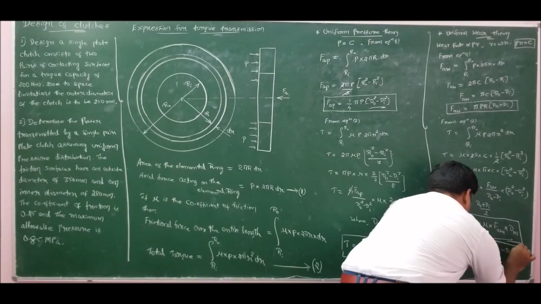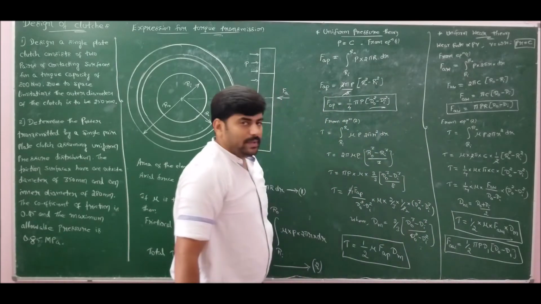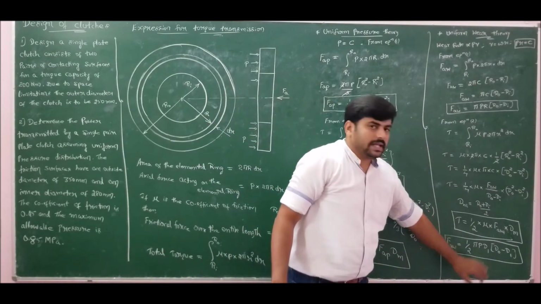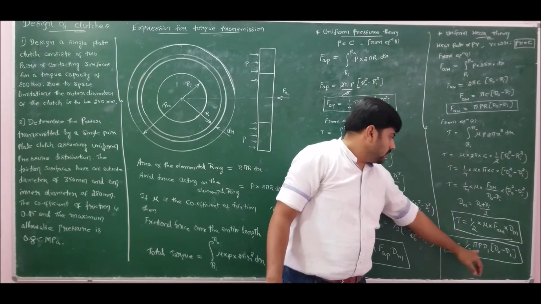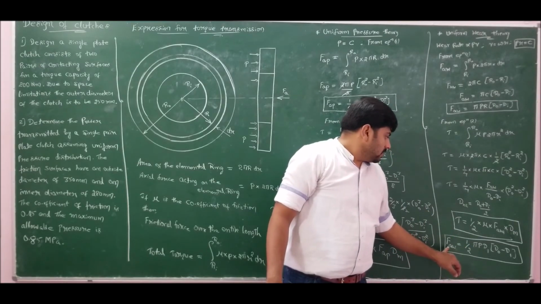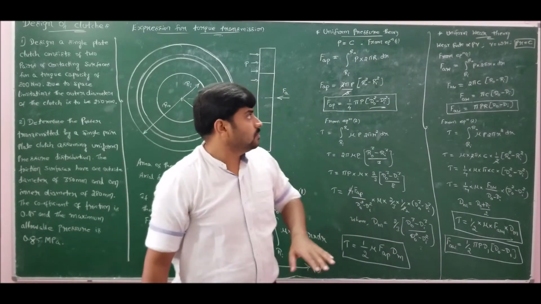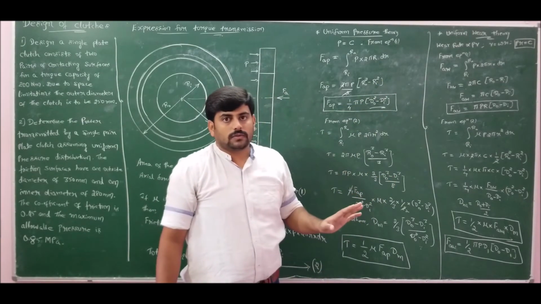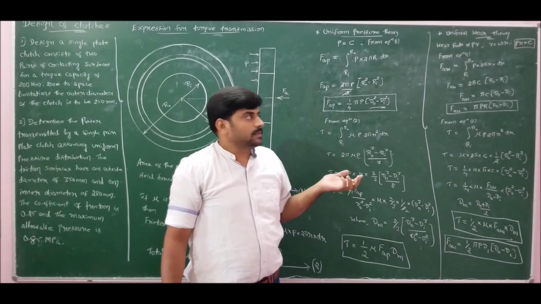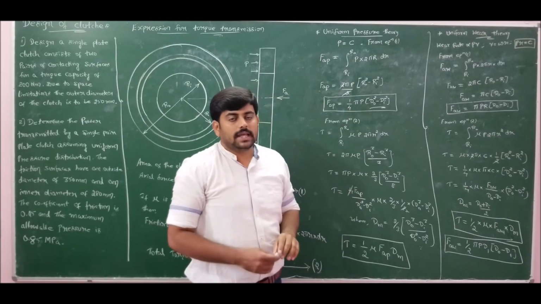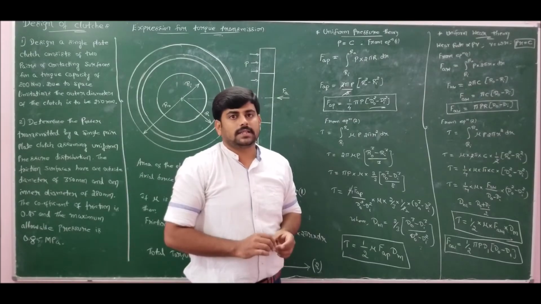Kindly make a note. So this is the expression for FAW. If I want to work on mean pressure, then replace di by dm. If I replace di by dm, I will get the value of mean pressure based on axial force for uniform wear theory. Unless otherwise specified, always assume uniform wear theory and solve. This is because the uniform pressure theory predicts more torque transmission compared to uniform wear theory. Hence, unless otherwise specified, we always design based on uniform wear theory itself.